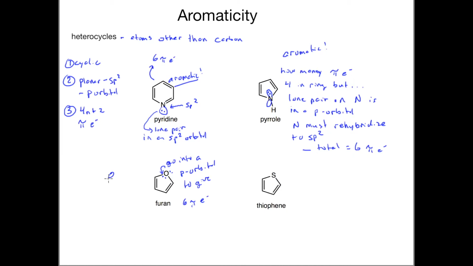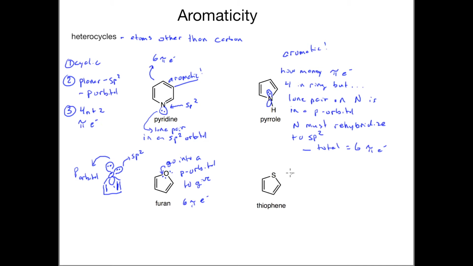So if I can just briefly draw this little schematic, what you see is we have our p orbital, we have the lone pair from there, and then we have the other lone pair. It's important to note that the other lone pair is at a 90-degree angle almost to the pi system. It's in an sp2 orbital. The one lone pair there on top is in a p orbital, and that contributes to the overall pi system there.